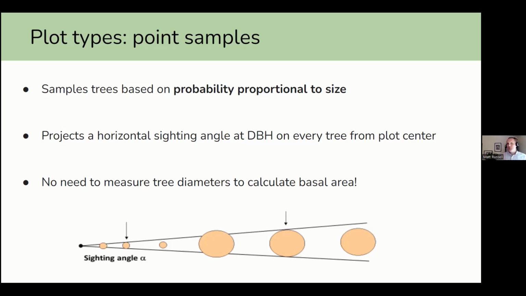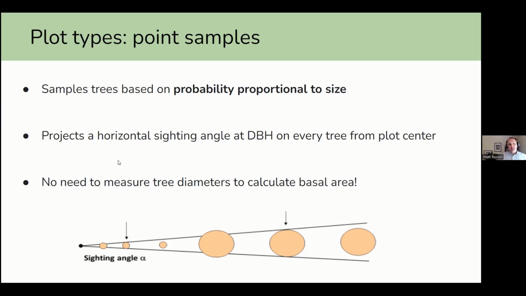And that makes sense from a forestry perspective, because many of the forest resource decisions that we've made historically are based on trying to understand the volume in a tree, or how much forest resources or forest products might come from those trees. So it makes sense if we weight our sampling toward those trees that have more timber or more forest resources, so that we might be able to say something about how much volume or biomass might be in that tree.